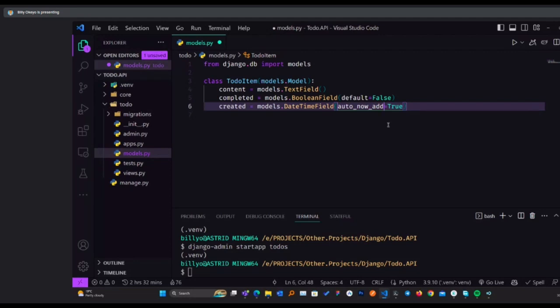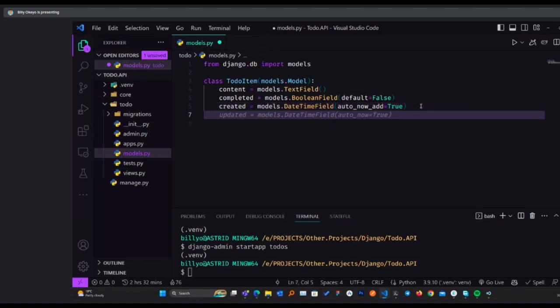When you have auto_now=True, that will update whenever you're doing an update. So for updated we'll have auto_now, so that whenever we are doing an update, it will pick the current timestamp. But this, it will only pick the current timestamp of when it was created.